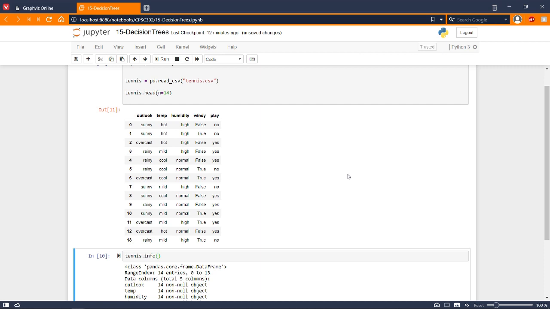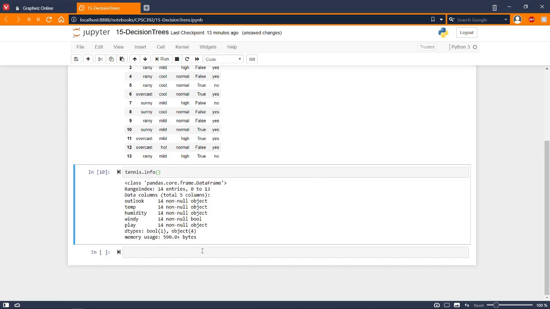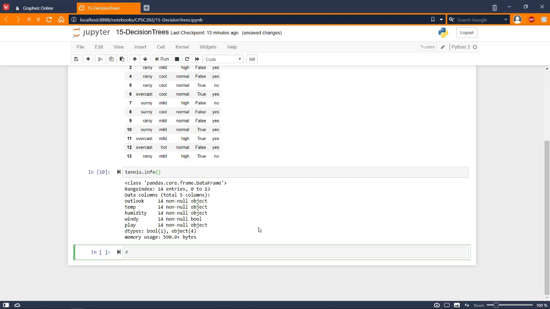And by that, I mean that if sunny was 0, overcast was 1, and rainy was 2, your model is going to assume that rainy is somehow better than overcast, which is better than sunny. So directly converting these into categories and directly converting these into 0, 1, 2 ordinal values is not going to cut it. So instead, what we'll have to do is we'll have to use one-hot